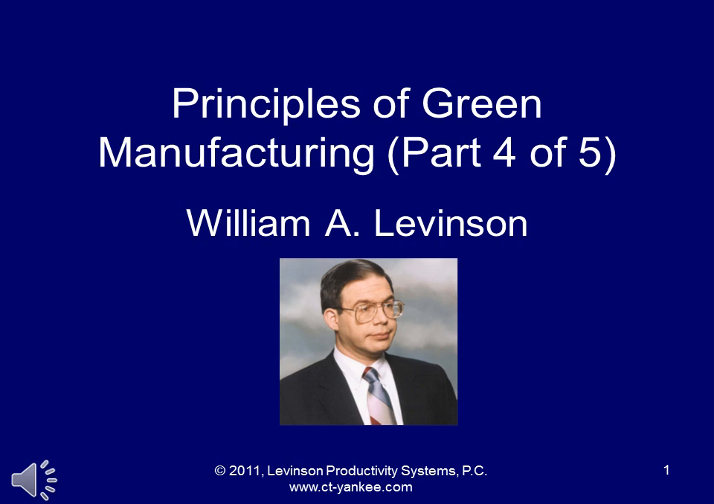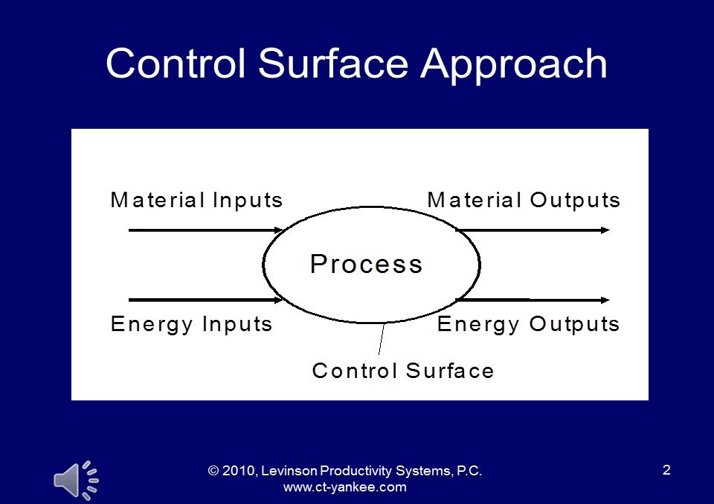The previous section discussed methods for seeing waste of material, energy, and so on that often hide in plain view. This section will discuss something called the control surface approach and material and energy balance approach for doing this. The control surface approach is very characteristic of chemical engineering. Actually, most chemical engineering students learn this in the freshman